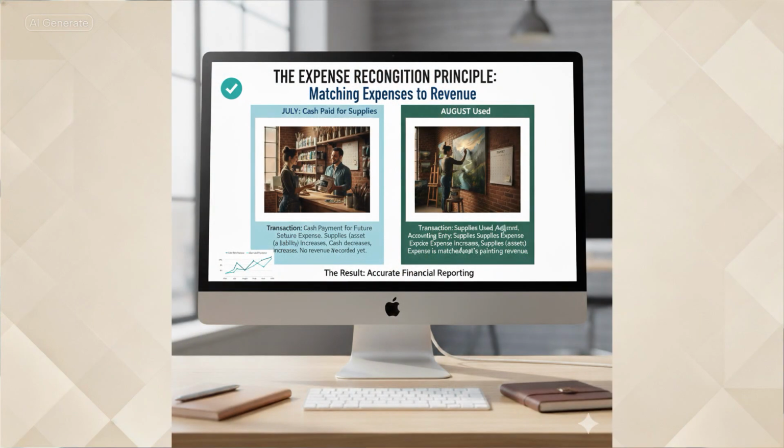So adjusting entries are the tools that we use to make sure that revenues and expenses are matched up in the correct period. We do this to ensure our financial statements are accurate and give a true picture of the company's financial health. In our next video, we'll dive into a simple